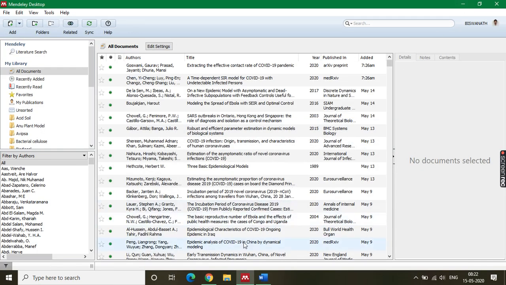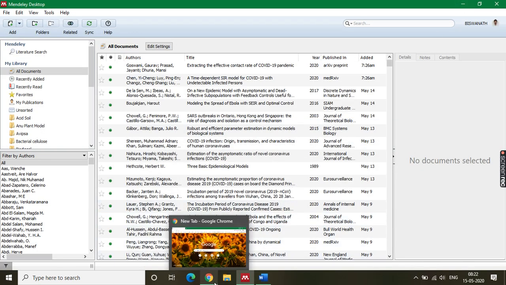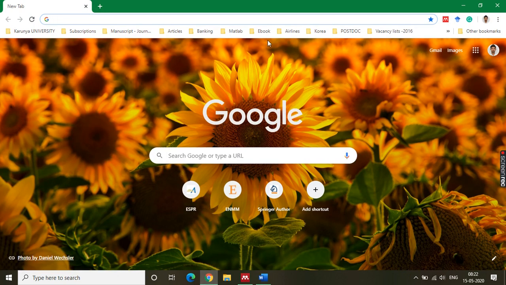And the second thing we talked about is the web importer. What will happen when you install the web importer? It will come over. For example, I am using the Google Chrome browser. For me, one extension will come, like you see, web importer. So when you do this from the Mendeley app, you will also be directed to install this web importer extension. You can install it. So these two things are there for Mendeley before you start.